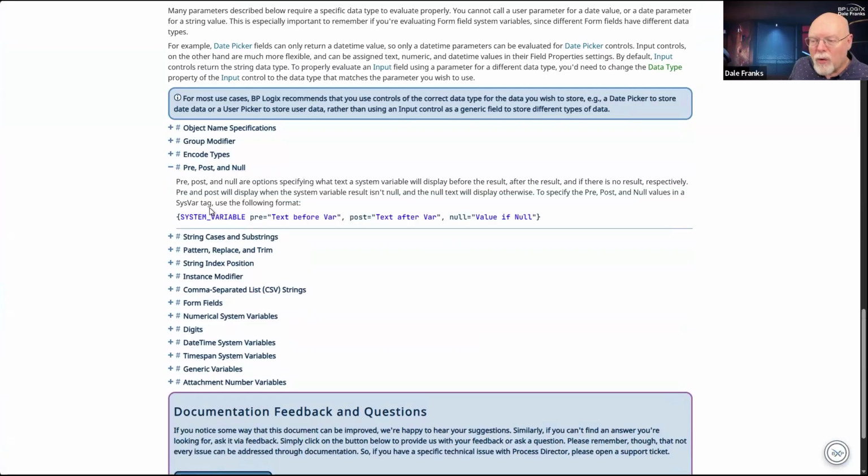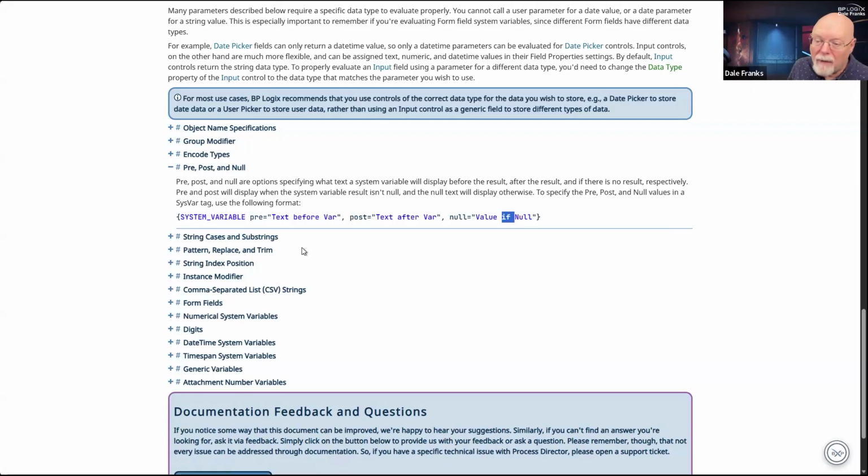When I create a system variable, you don't have to use it, but it is available to you. There is a pre property, which is the text that will display before the variable. There is also a post property, which will display text after a variable. And then there is a null property.